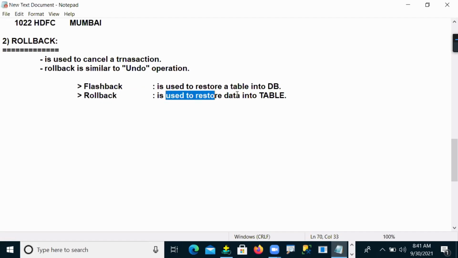Rollback is used to restore data into a table. Do you understand the difference now? So flashback is used to restore a table into the database, and rollback is used to restore the data into a table. That's why I'm giving you this clarity. Don't confuse them, guys. So this is how rollback and flashback differ.